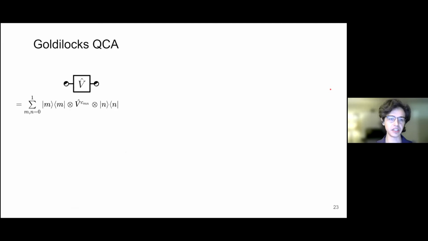Let's take a closer look at this double controlled unitary gate and see where there's a trade-off which we might be able to balance to see if that generates physical complexity. And so this gate I've written out here consists of a sum over the local state space of the left neighbor and the right neighbor, as well as this sort of matrix power thing happening at the qubit of interest, that center qubit.